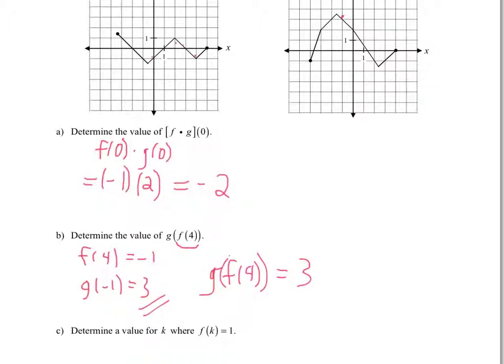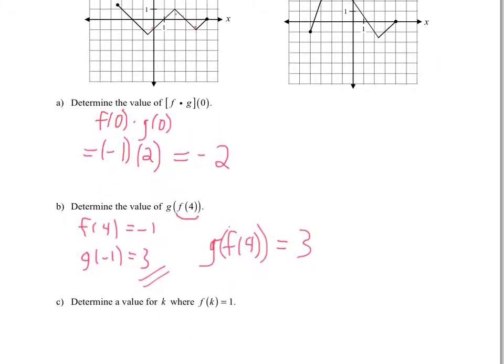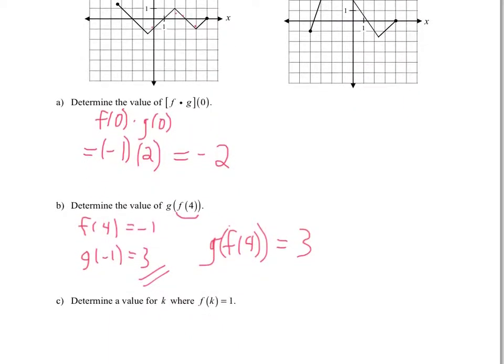All right, on to the very last question. It says determine a value of k where f of k equals 1. So really this is just a fancy way of saying the y value of 1. And if we look in our f graph, if we draw a horizontal line here,